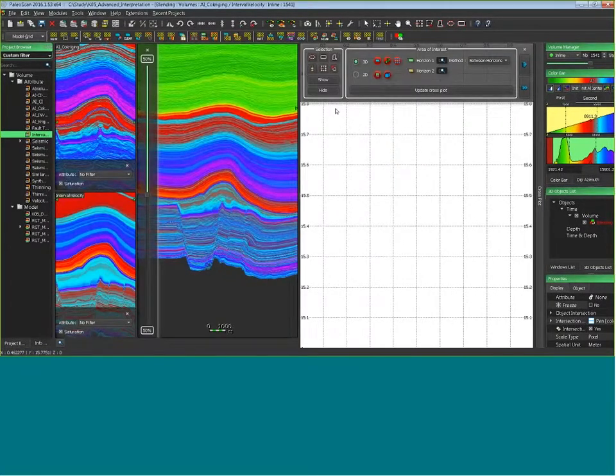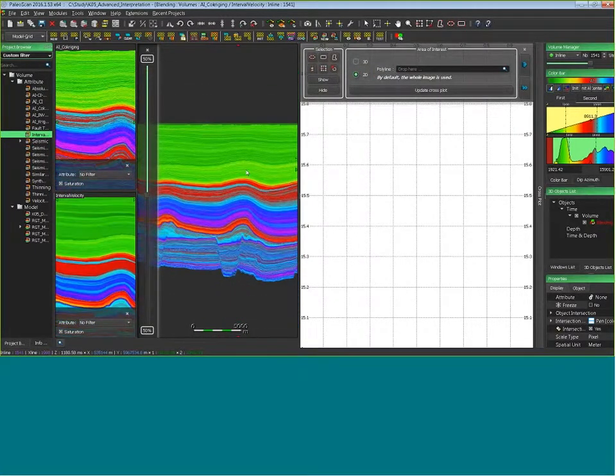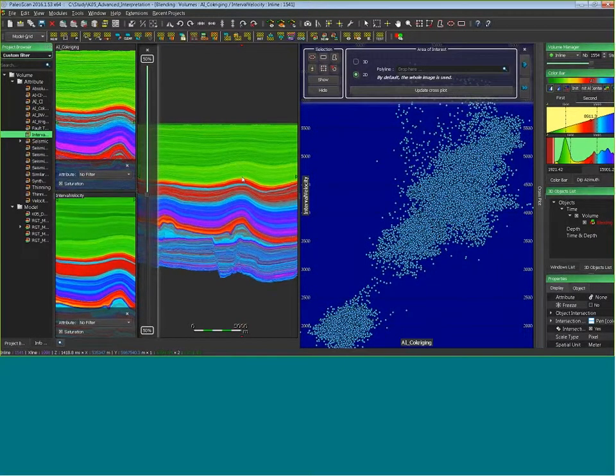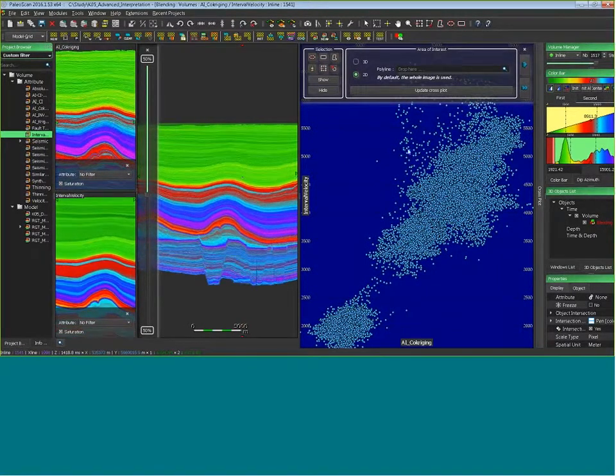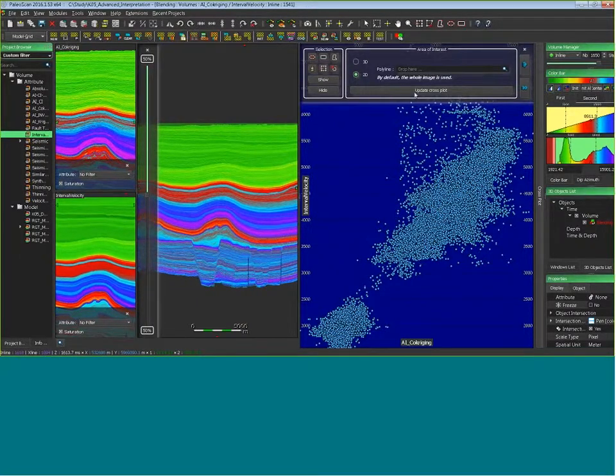Now I can compute the crossplot using 2D or 3D. If I use 2D, I compute the crossplot on the current frame displayed in the viewer. If I click Update Crossplot, I compute the crossplot, and if I scroll, I compute it using the new frame.